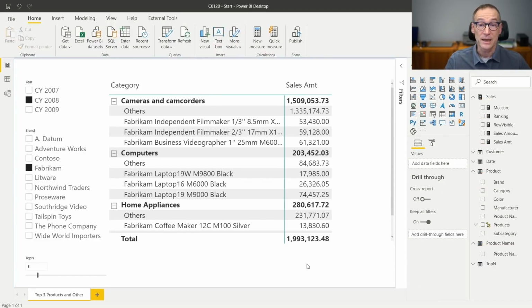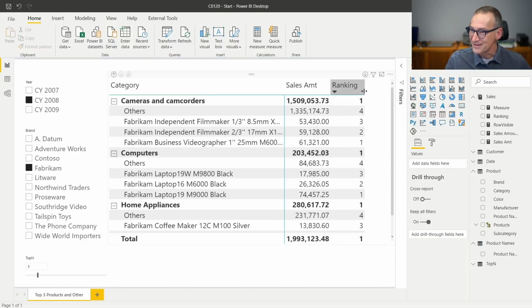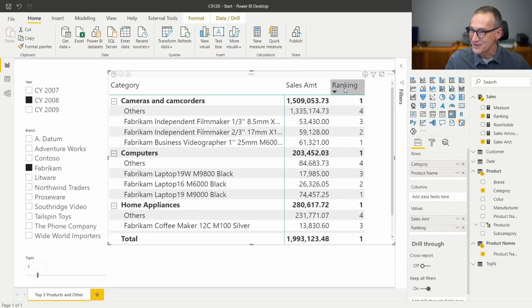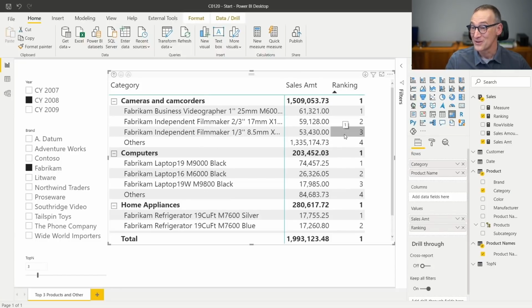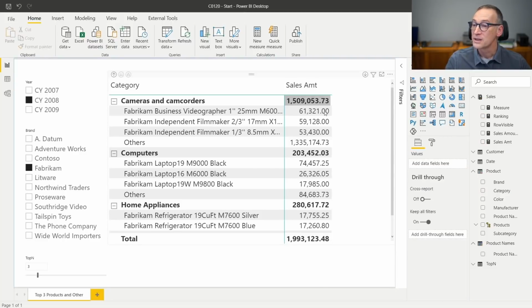And the result, the final result, is that I now have, where is it? Ranking need to be sorted. Okay, 1, 2, 3, 4. Now it's nice. And now I can get rid of it. Okay. So I no longer see the column. It's still there, but I do no longer see it. And I see 3 products, others with the value correctly computed, and everything is dynamic.